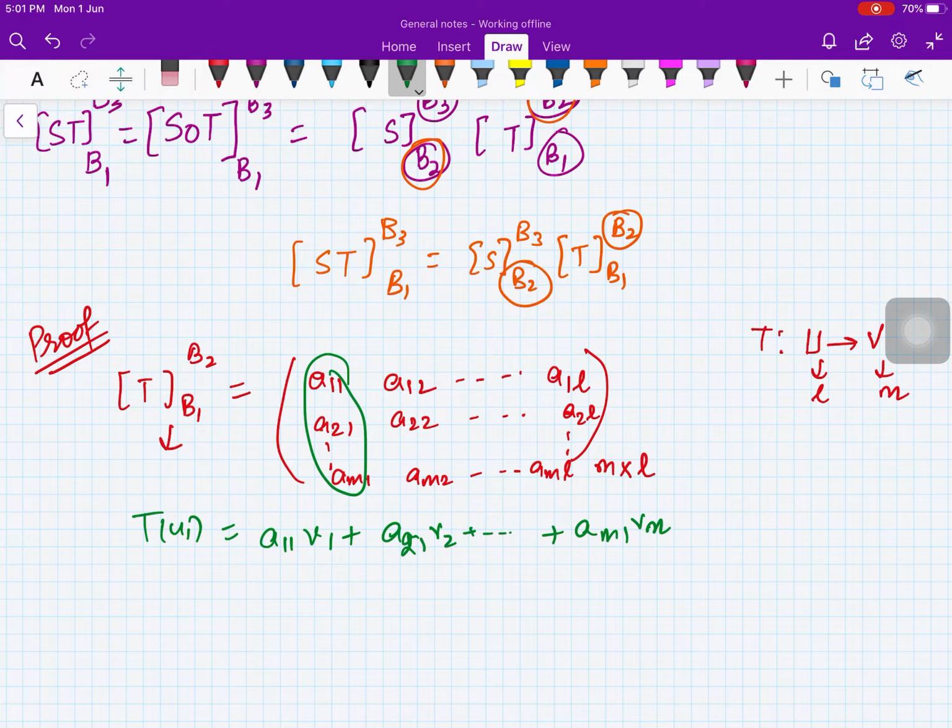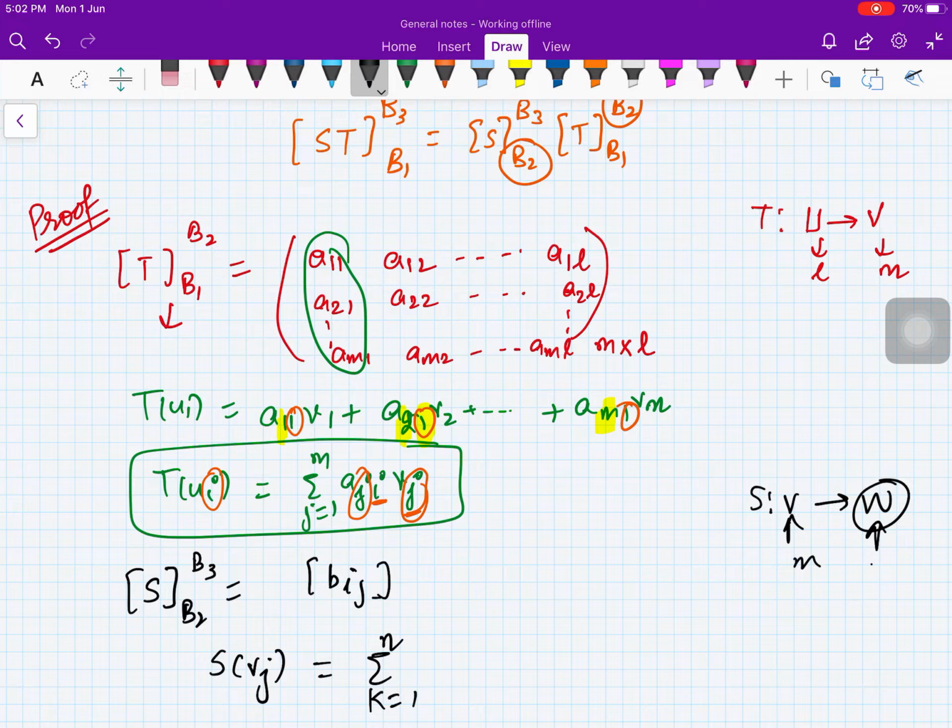Similarly, if I say the matrix of S is Bij, then we know that S of Vj, because S is from V to W, you will write as a linear combination of W's, that will be K from 1 to N. W's are N in number, so this S will be of the size N cross M. So it will be the sum over K from 1 to N of BKJ WK. Here K is varying, right? Okay, now let us see